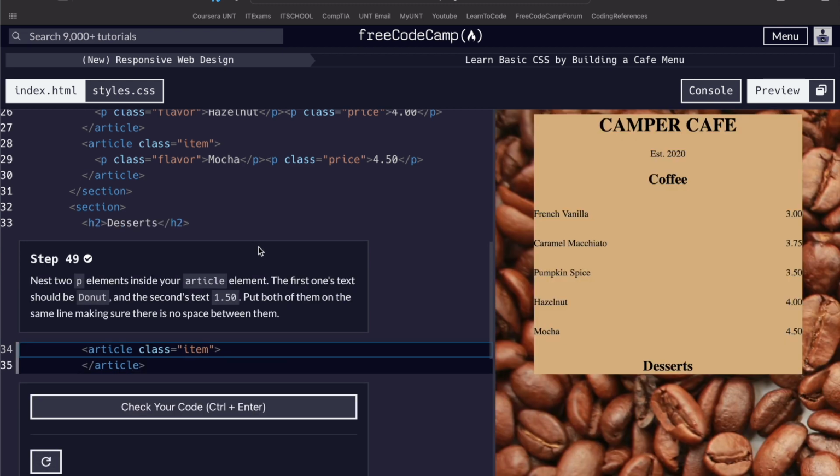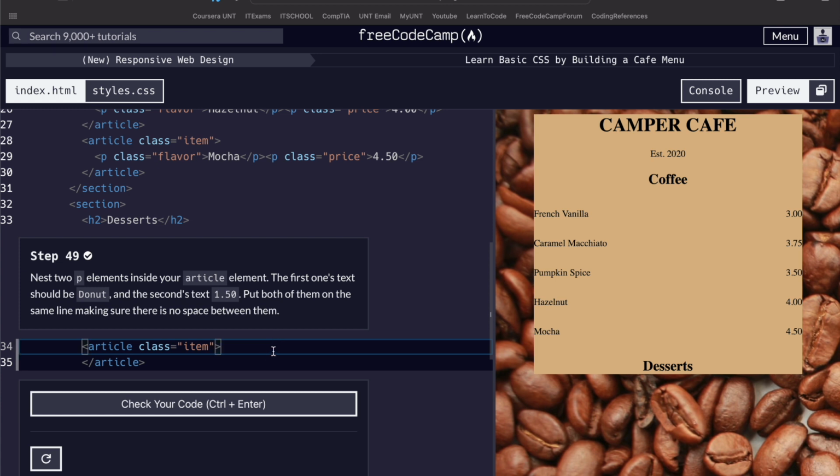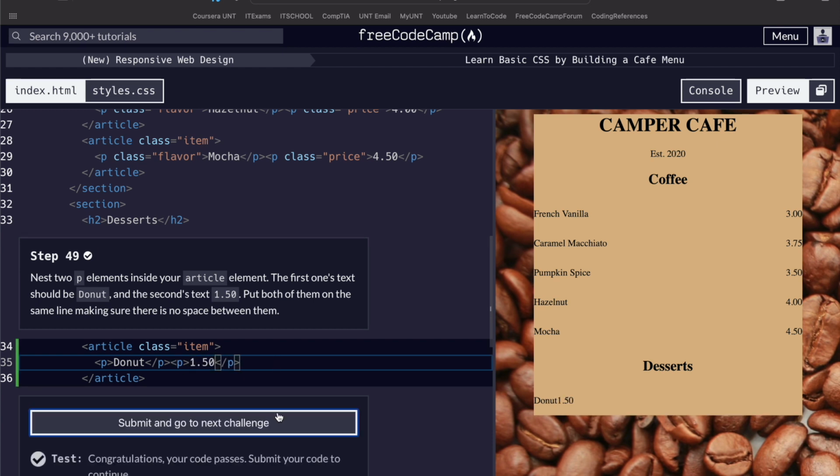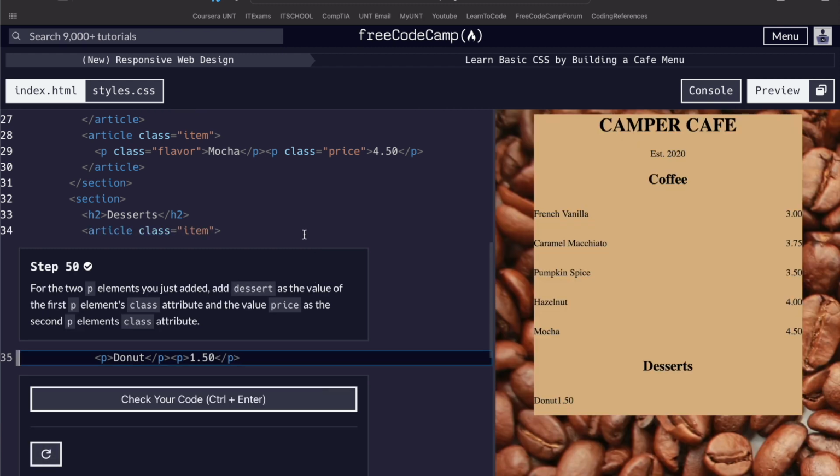Nest two P elements inside your article element. The first one's text should be donut, the second text should be $1.50. Put both of them on the same line, making sure there's no space between them. Step 50. For the two P elements you just added, add dessert as a value of the first P element's class attribute and the value price to the second P. Okay, so